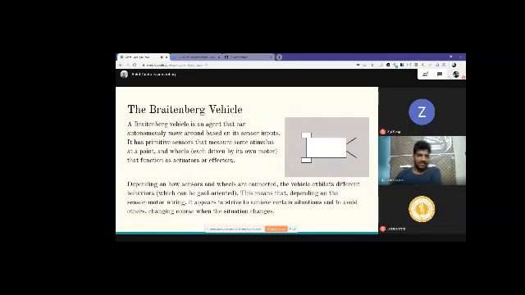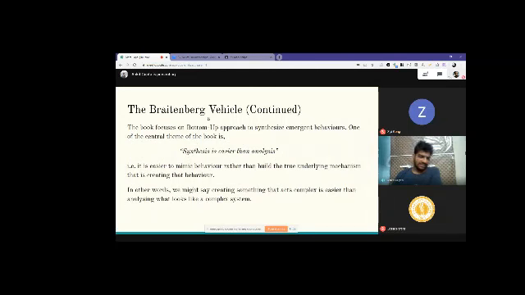This is the basic information about Braitenberg vehicles that I took from Wikipedia. This is the model that I have created, the image. And the important thing is something I took from the book, where it is very much evident that they are taking a bottom-up approach to see some emergent behavior. We don't know what can come out of that, but we are just